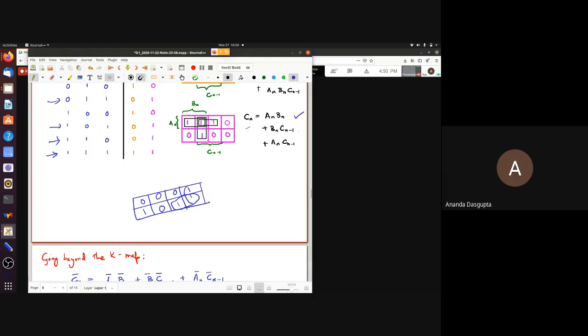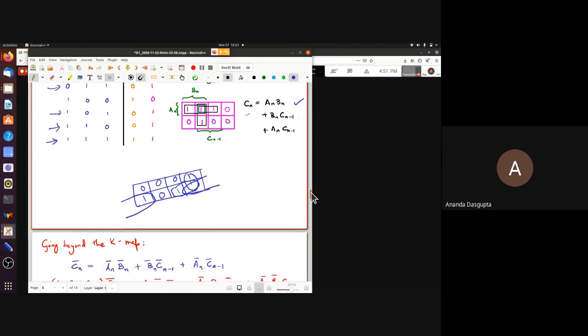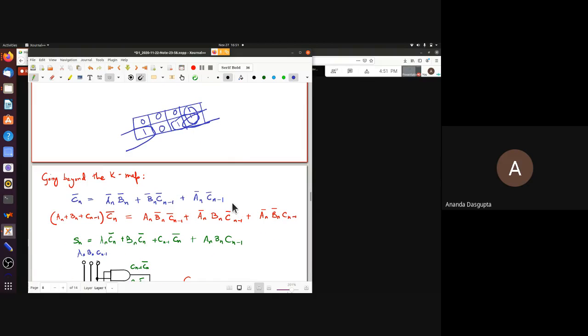So now you have a doublet, you have another doublet, and you have another doublet, which is this. Remember, the sides are wrapped around. So you can easily see this is what Cn bar is going to be. Now, that doesn't seem like a big advantage, but if you take this and this with an plus bn plus cn minus 1, that is, of course, an or bn or cn minus 1, and AND it with Cn bar, then you get this. Okay, just to illustrate why that happens, you can of course break this up into 3 steps: